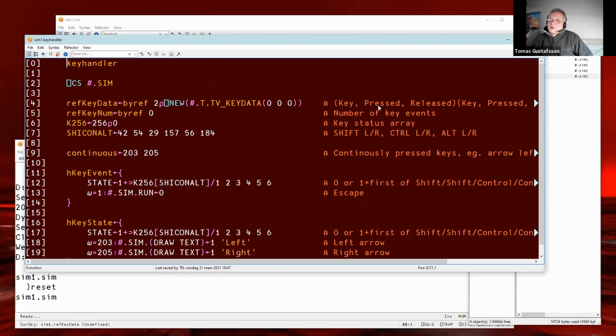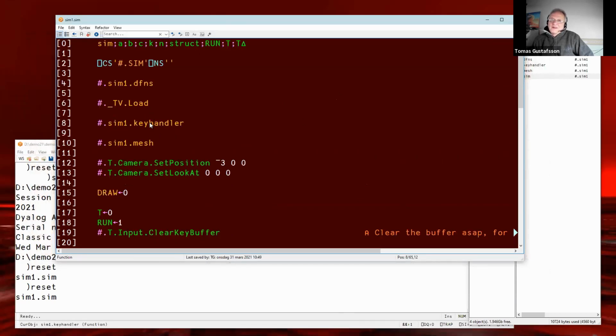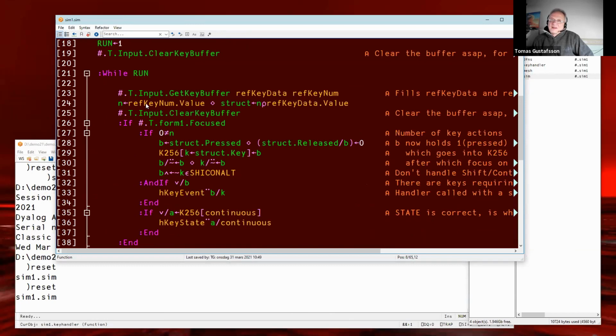It's key, pressed, or released. Well, if it's pressed, it will be a 1. Otherwise, it's a 0. If it's released, it will be a 1. Otherwise, it's a 0. The key number is between 1 and 256. Okay. So I have room for 2 key data variables here, and I query how many now got filled.